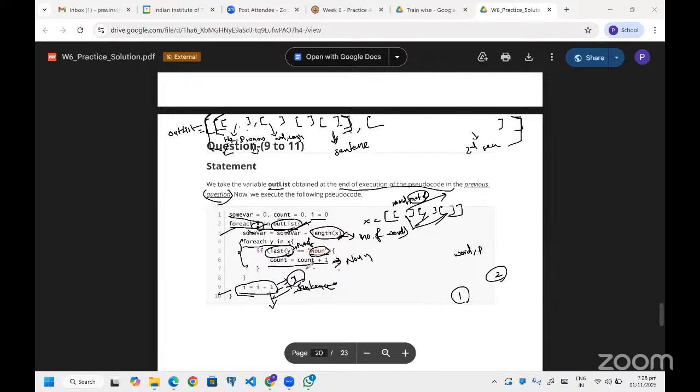Is it clear now? By looking at the structure, it's a 3-level nested list. It's not just a list of lists, that means 2-level, it's 3-level. When you have a for each, you remove one bracket from the list, so you know which level you're on. Is it clear now, so that we can move to the question? Yes, sir. Please go on.